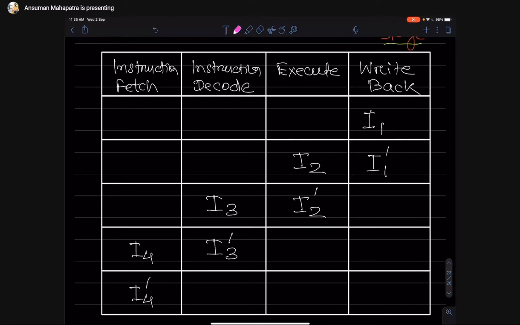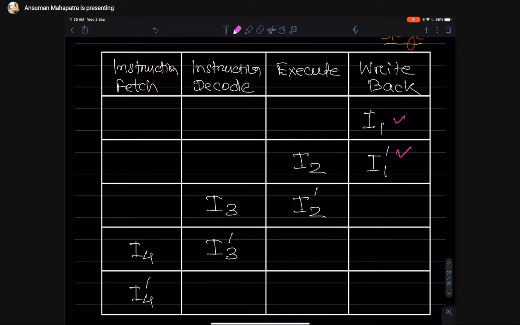This is called pipelining on steroids. In this case pipelining is happening like our previous case, but now each stage can do 2 things at a time. We can also do 4 things at a time, so it depends upon how much superscalar execution you are doing. Understood? Nothing else, this much only.